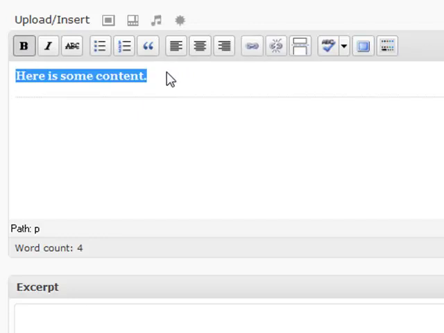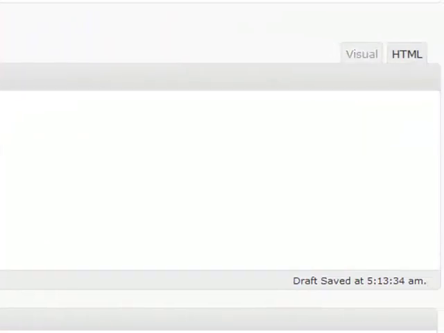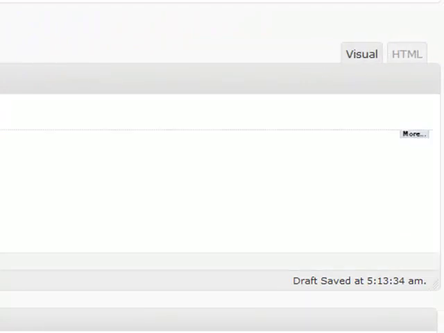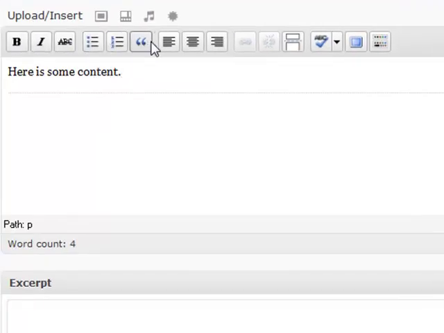The same thing applies if you want to do italics or strikethrough. It'll do it all for you. If you prefer to work in HTML, there's a tab over here that you can use to work in HTML. But if you want to just stick with a visual editor, you can just stick right there. And it has all the standard options: bulleted lists, block quotes, the left and right adjustment, and the ability to add links,